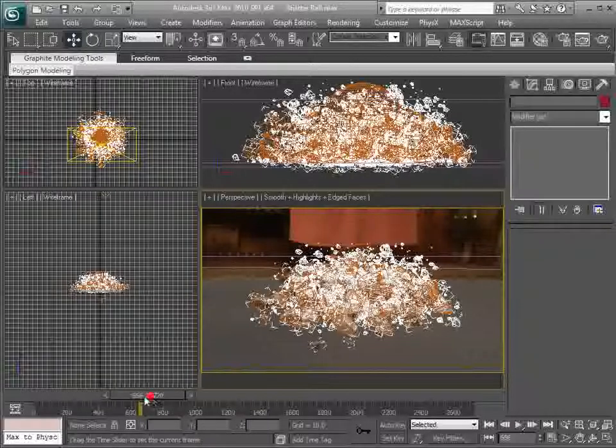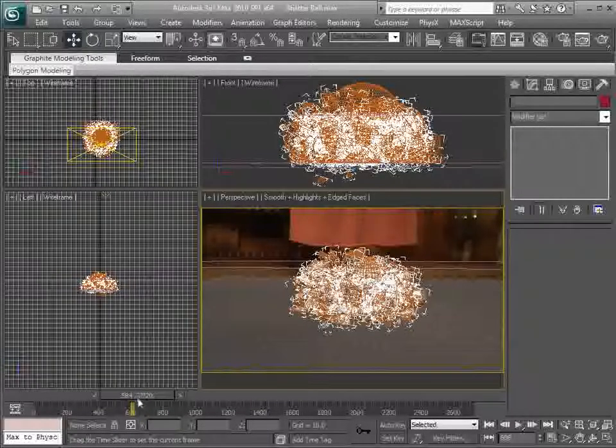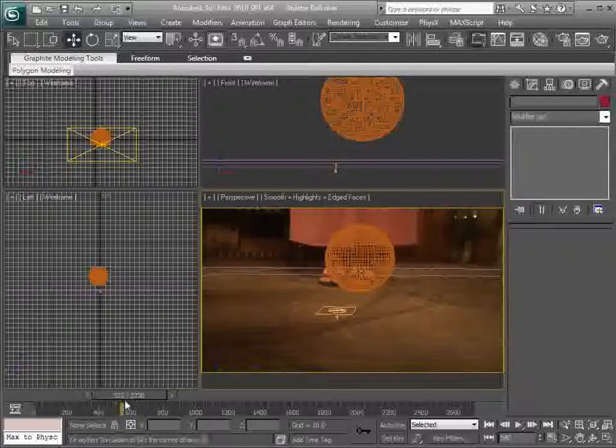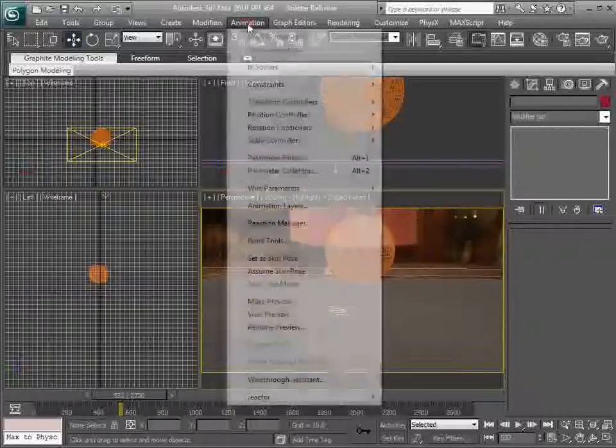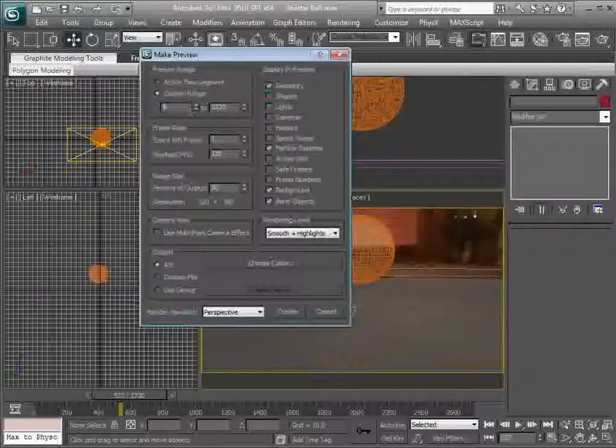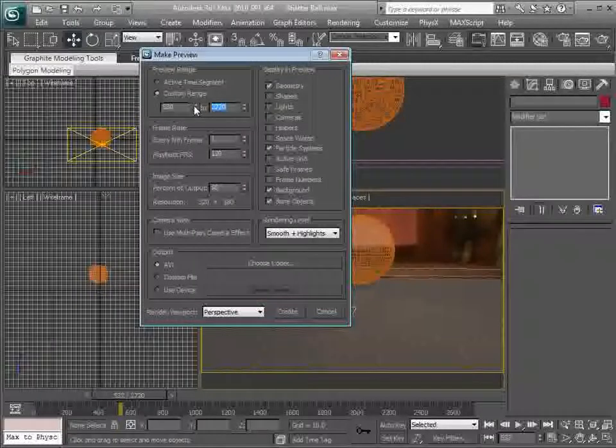But let's just take a look at what this is going to look like. If we go back just a little bit before it breaks, maybe about frame 530, we can go Animation, Make Preview, and we'll set a custom range. So we'll do say 530 by maybe 650. Now we want to set that to 100%, but we want to play back at 24 frames per second. So I'll just do uncompressed and create, let's see,